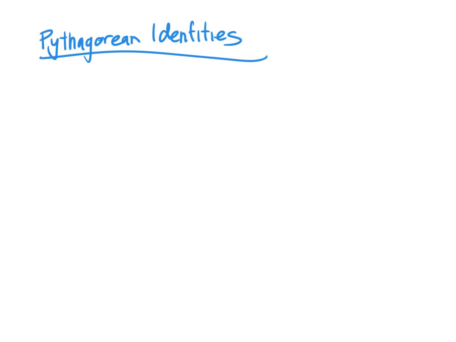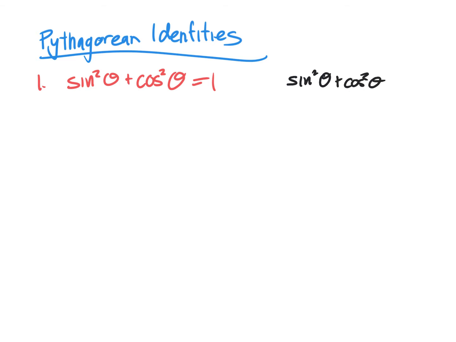So this leads us to our Pythagorean identities. This first one states that sine squared of theta plus cosine squared of theta equals 1. Now, if we're to take this sine squared of theta plus cosine squared of theta equal 1, and we divided every term by cosine squared of theta,